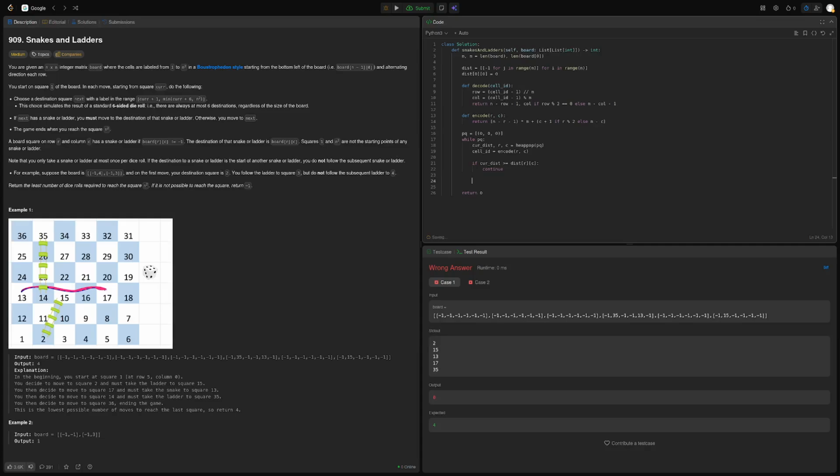Right, and then what we can do, well, if board RC don't equal -1, then I guess and dist nr nc, board RC, if dist nr nc -1 or nc over dist nr nc